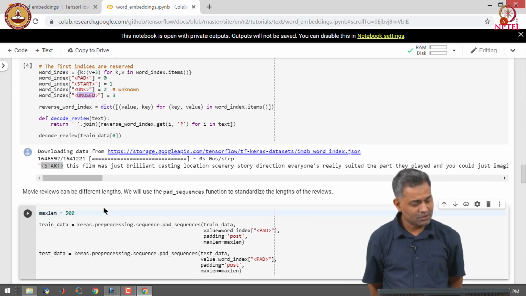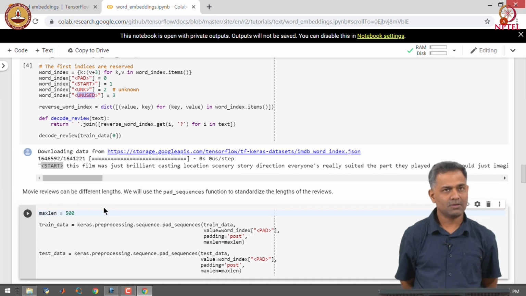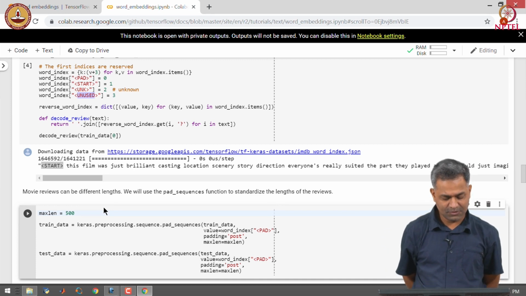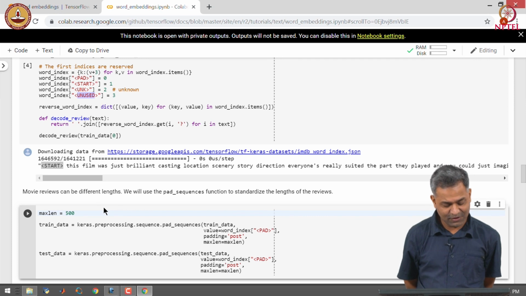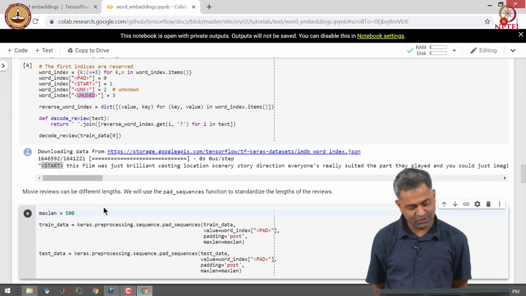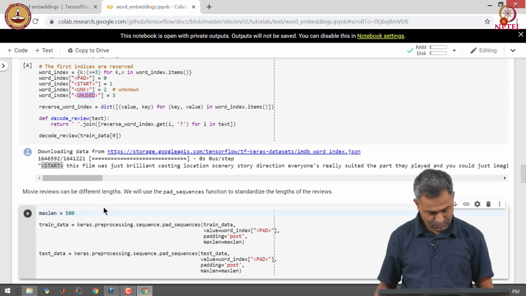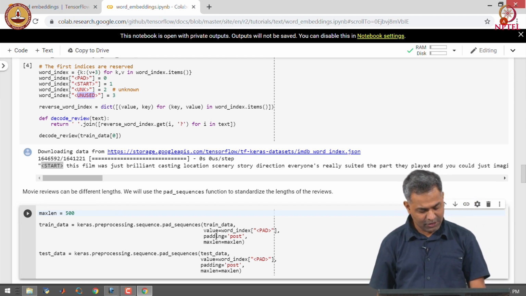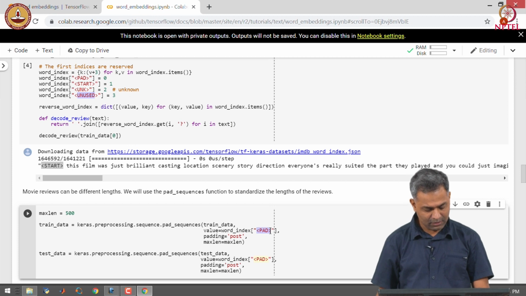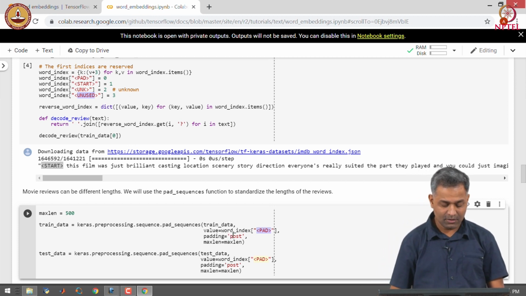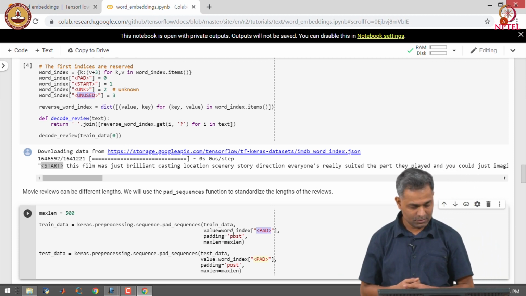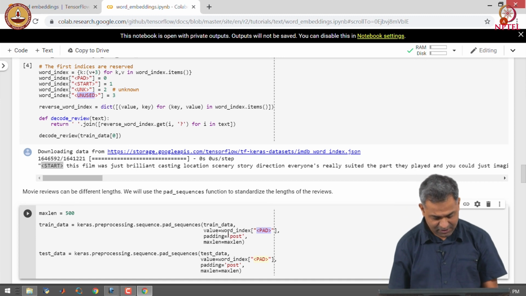Movie reviews can be of different lengths, and hence we use the pad_sequences function to standardize the length of the reviews. We pad each of the sequences with a special token for pad, and we do padding at the end, and we specify the maximum length for each sequence.